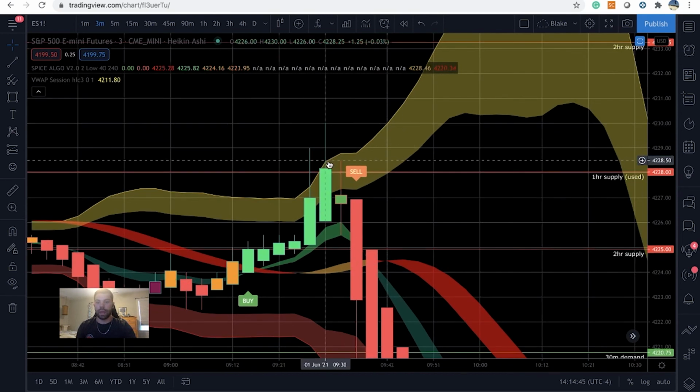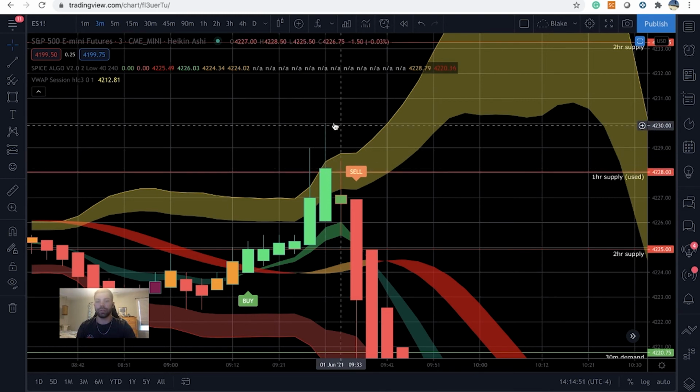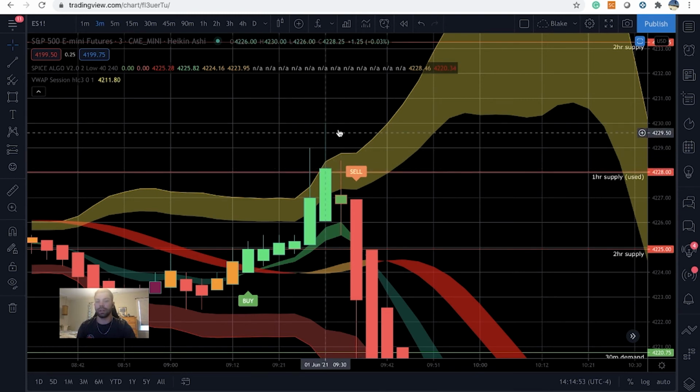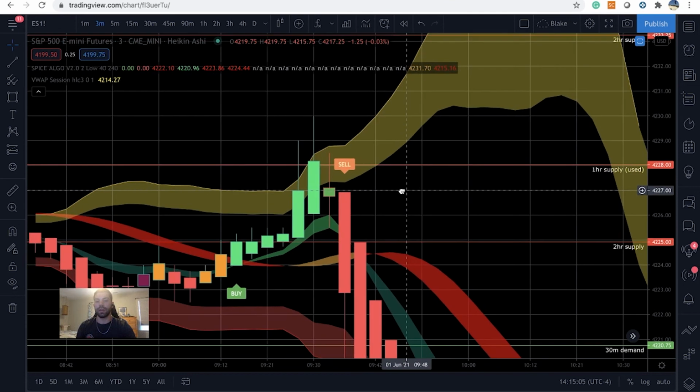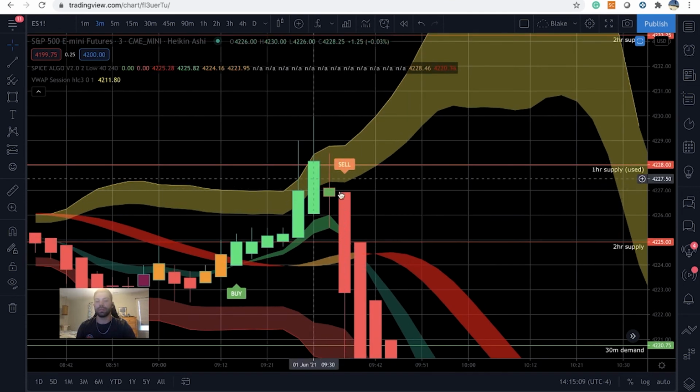So we get a big topping tail, which is a bearish sign to me already, because the buyers are trying to drive it up all the way here. The sellers are coming in and saying, no, we're gonna bring it back down a little. Now we get this doji candle where we get tails on both sides. Also a sign of a reversal. So at this point, I'm thinking, okay, maybe we are going to sell off here